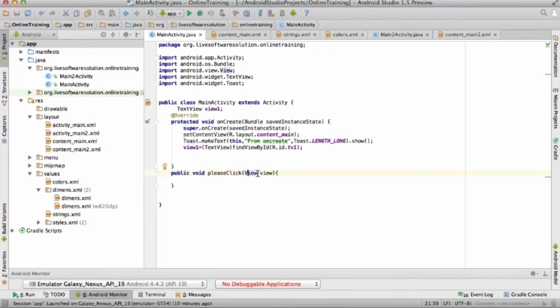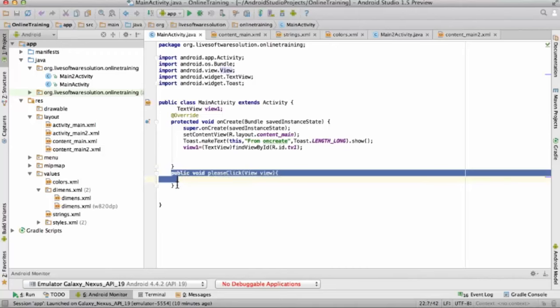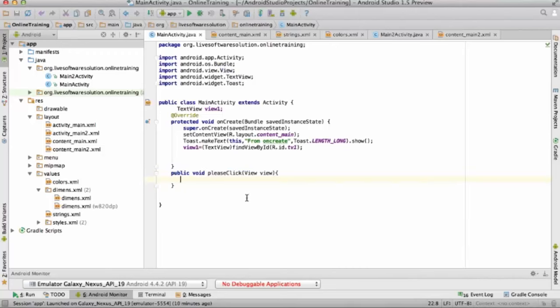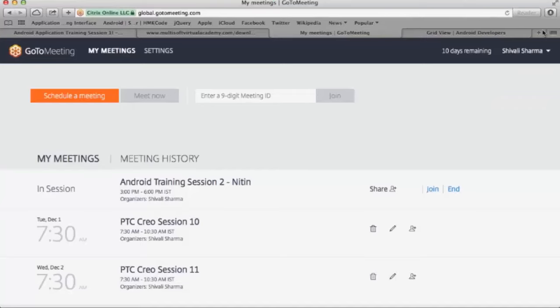When you write onClick and pleaseClick, then this is a method name, and that method should be defined inside the activity class. So that is a public void pleaseClick. Got my point? So whenever you click on this button, this method is automatically called, right?